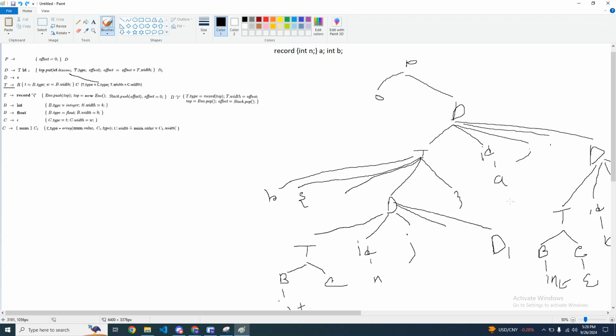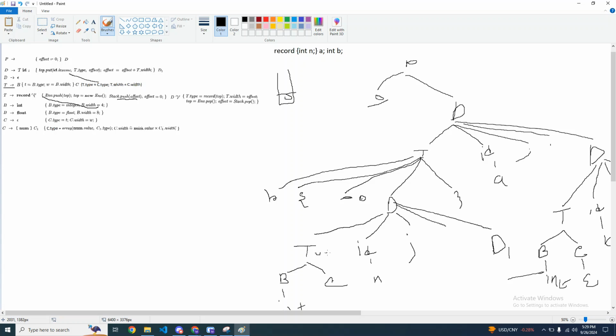So before going to this part I need to calculate this part, because it is after the record part, right? So it is after, I need to calculate this part. Okay, so here it says new, so you need to push the offset. Whatever offset you have, the offset was 0, so you push it into a stack and you take a new offset which is 0, so your new offset will be 0. Okay, here, and after that